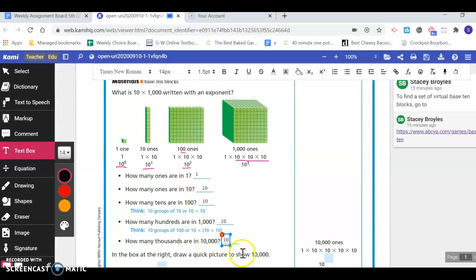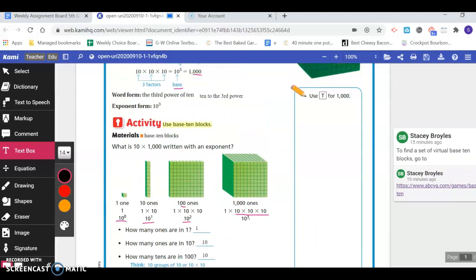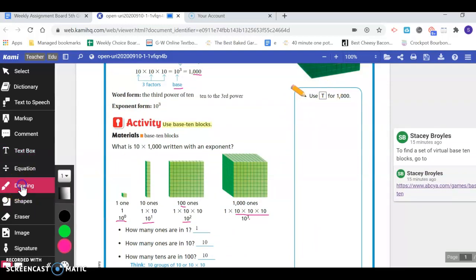It seems like there's a pattern. All right. And if I wanted to draw a picture of what that might look like, they're telling me to